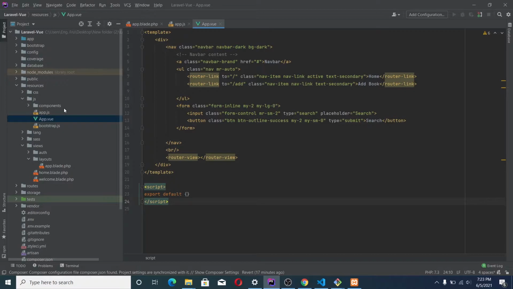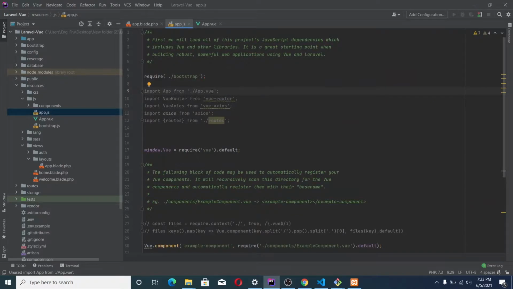Okay, and we have already created our app.view file. Now we have to install vue-router in our project, since we have not installed it.